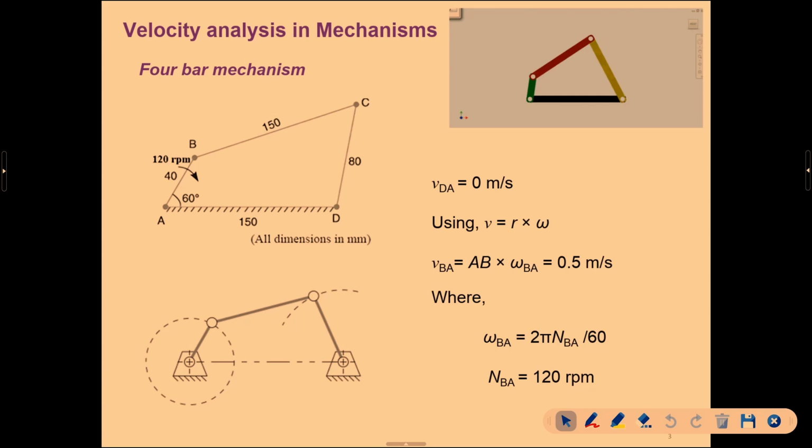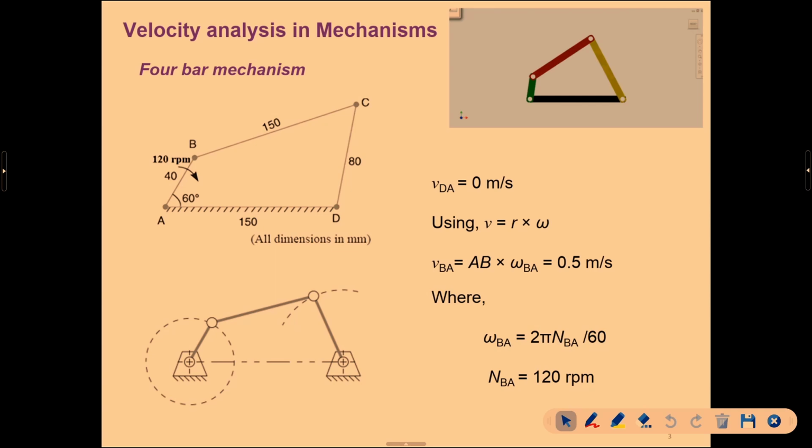The common general formula omega equal to 2 pi n by 60 has been fixed to the link AB. Now fitting this linear angular velocity relation to this link AB, velocity of B with respect to A is equal to radius